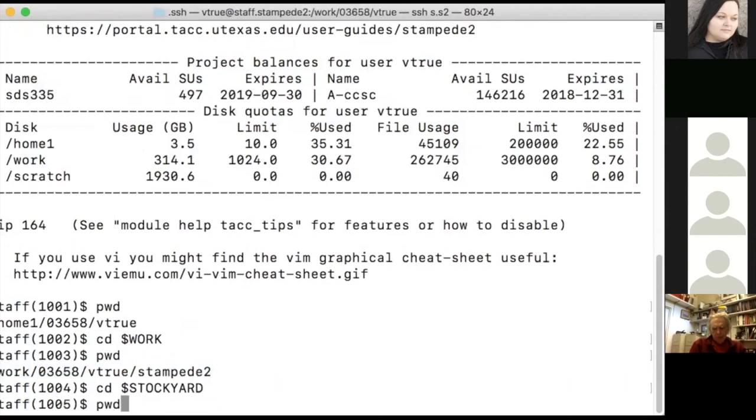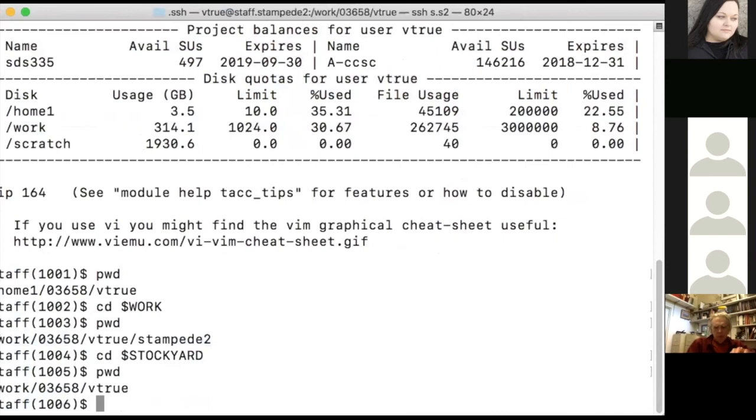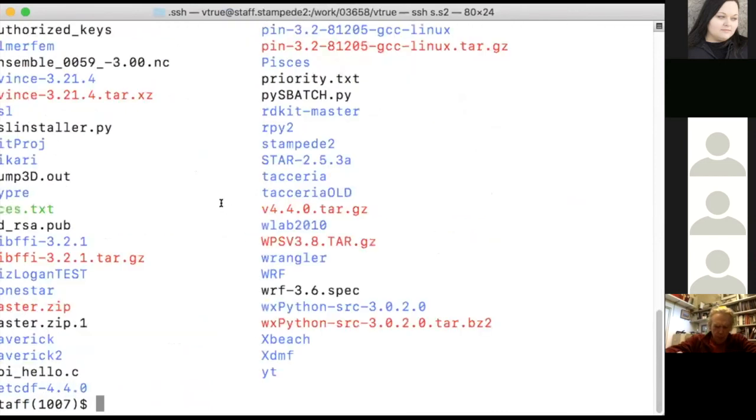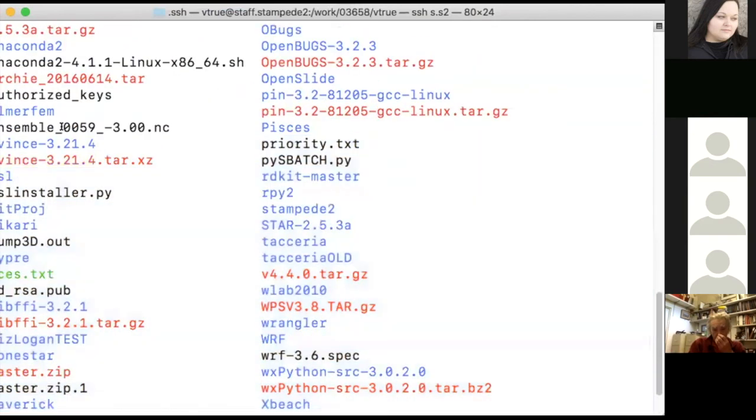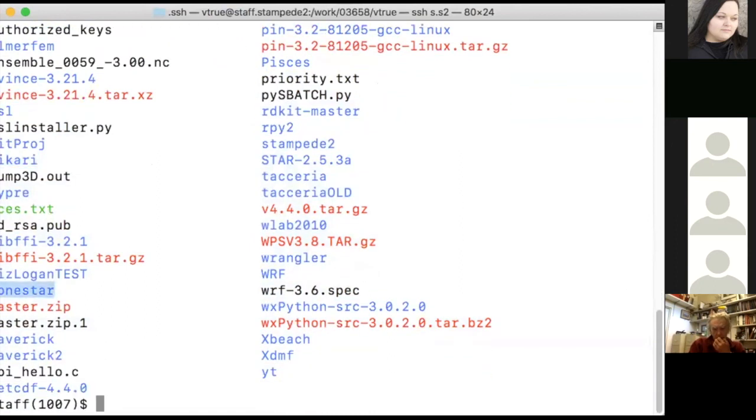So if I do pwd here, you can see that I'm 1 level up. If you have files that you want accessible on any TACC machine, you can put them 1 level up and it's a lot easier to get to them. But here you can see Stampede2, Hikari is another machine we run, Lone Star, Wrangler.